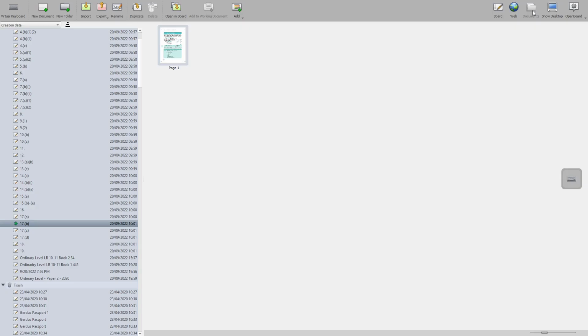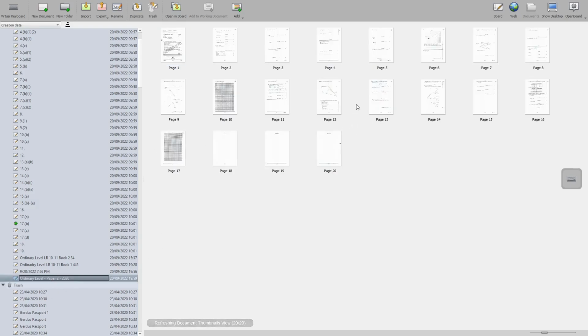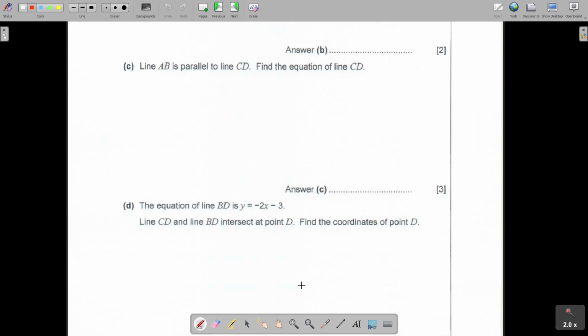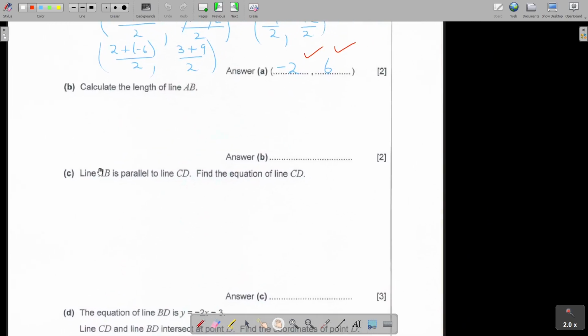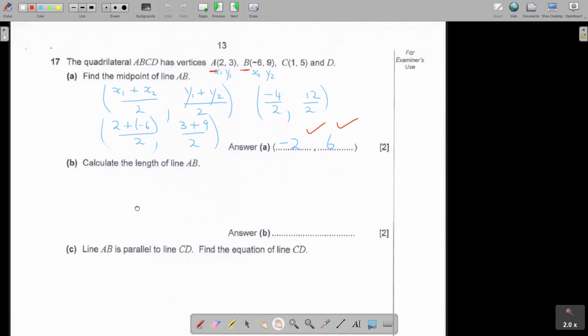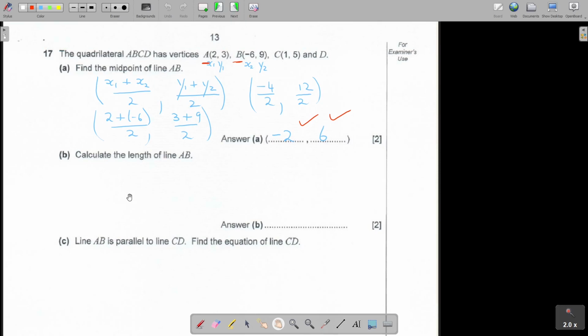So let's just go back to the question paper. So there is the question paper, and there is my question. And I just move a little bit down. Okay. Calculate the length of AB. Now, don't forget, I'm still at the same points, A and B. So, you see, I already marked it. So, I can just say AB, that's the length, okay? And that is going to be,